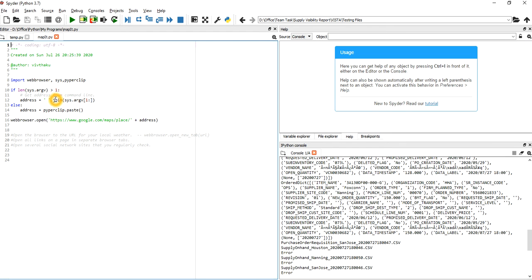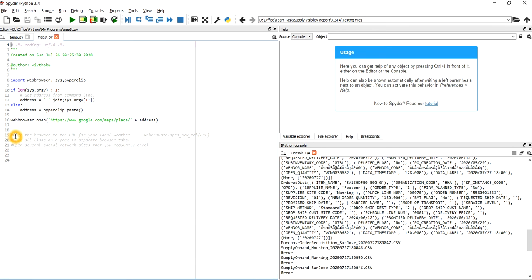That is how we are solving the problem. We will be concatenating the list into a string, using a split method or a substring kind of thing, from the index 1, and making it a string, and then we will be using it here in place of the address. So it will directly open that particular location. Or else, if you don't want to do all those things, you just run the program, copy the location to your clipboard, and you can do that. So quickly, let me just show you.